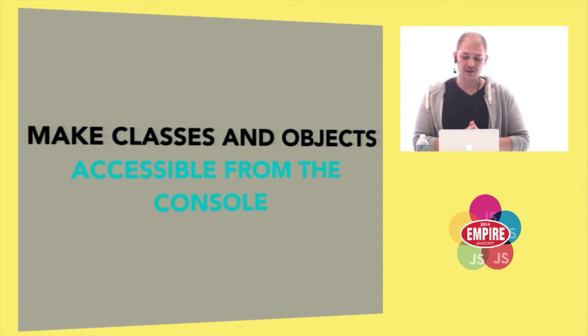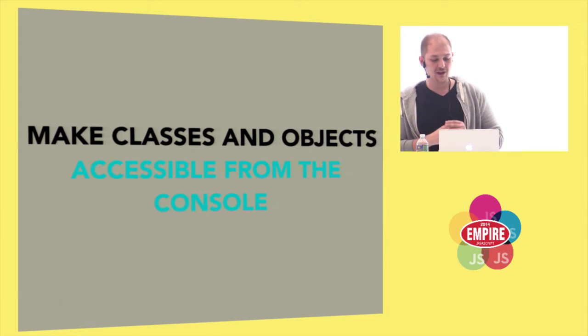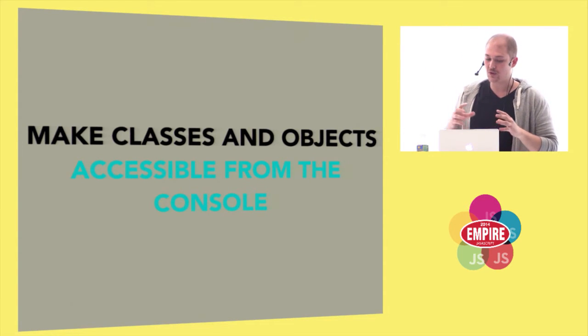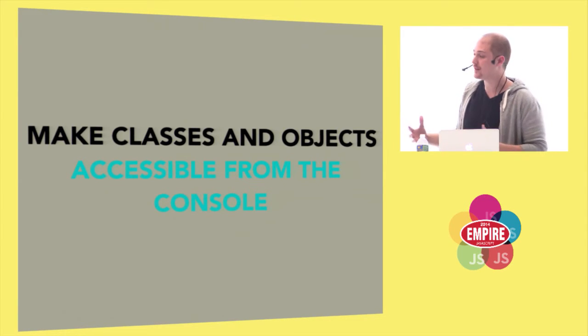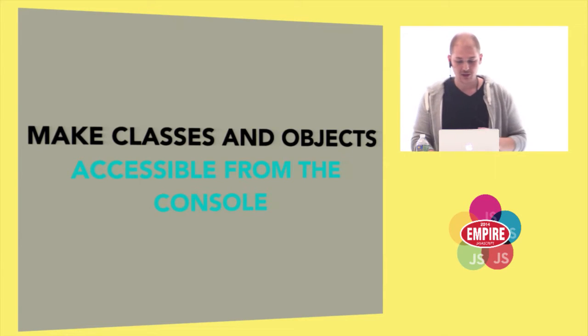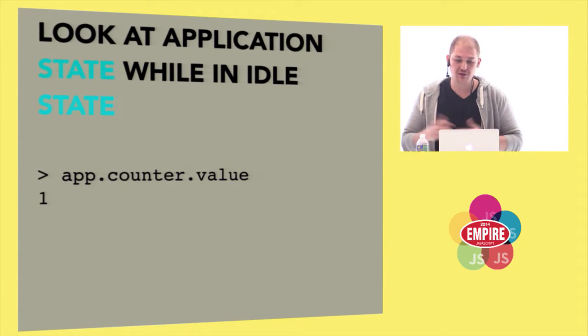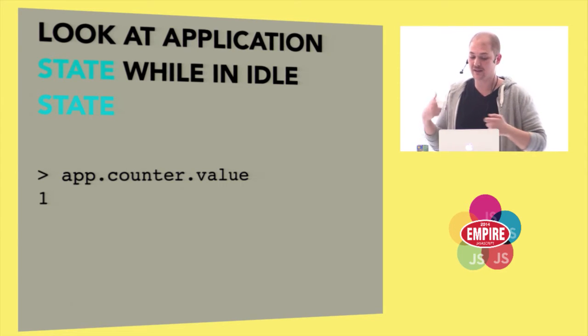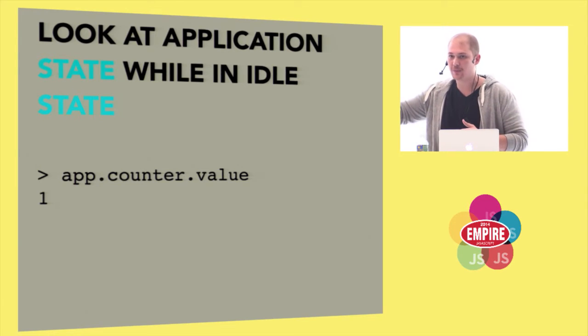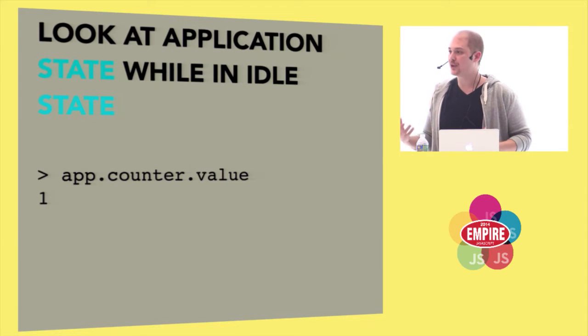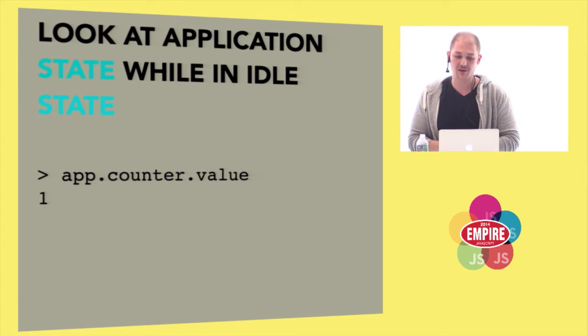So another tip, at least in development, I'd argue that it's also really valuable to put at least your top-level classes and objects on the global namespace, just to have them accessible from the console. Why? Because after the program has finished executing and it's in the idle state, you shouldn't have to make it run again just to set a breakpoint in order to query the state of the application. Or, for example, you clicked something, something happened, you want to know if the right thing happened, the state has been updated, you want to be able to do that from the console.